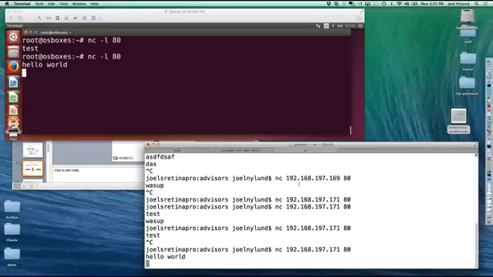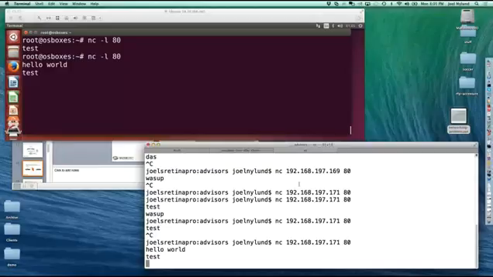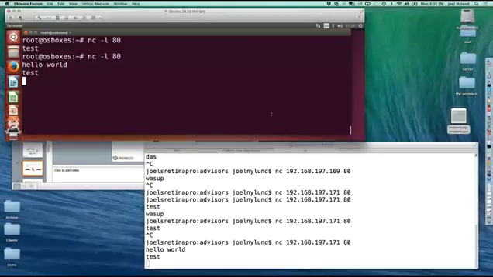Hit enter, and I'm going to say hello world, and you'll see that it's echoing on the server side. So I can keep playing all day long and see if it'll hold the connection. If I'm having problems connecting at all, or problems holding a connection, this is a great tool where I can just test very quickly. I don't have to run Apache or some fat client. It's a very simple tool that comes with almost every Linux distro. You may need to be sudo as root to run on port 80.